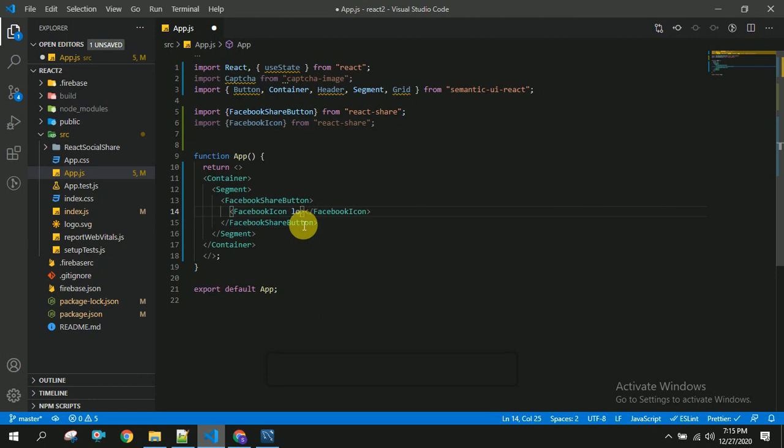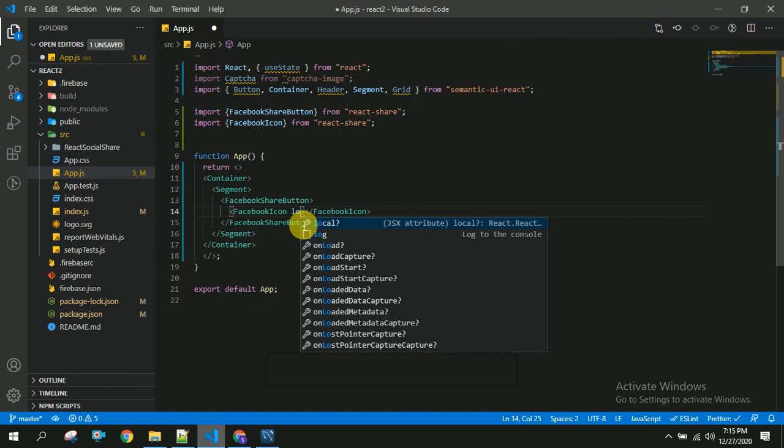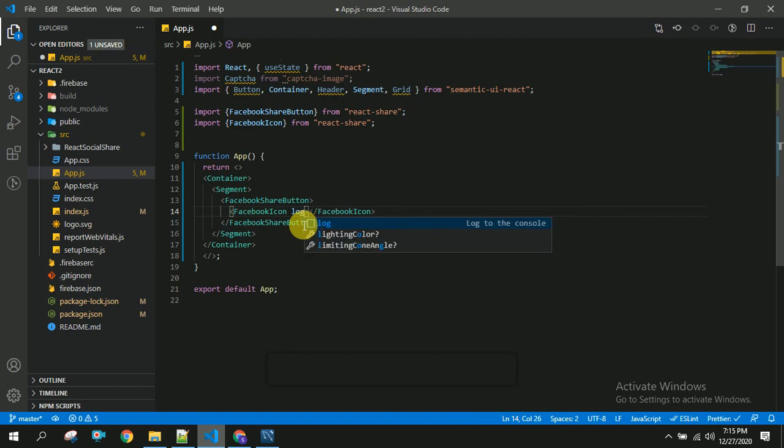In the Facebook icon you will have different properties, so we are going to use logoFillColor equal to white. The next thing is round equal to true, so it will show your icon in the form of a circle. If you don't put round equal to true, it will show as a square box.